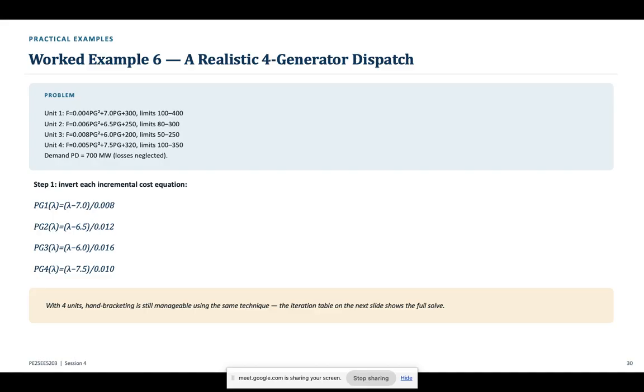Well, so each cost function still gives us an incremental cost equation, and each equation can still be inverted in terms of lambda. That's what we have tried here. So if you have 4 generators also, you can do that. If you have 7 generators also, you can do that. See, for unit 1, differentiation gives us this. From here, if you want me to write that,